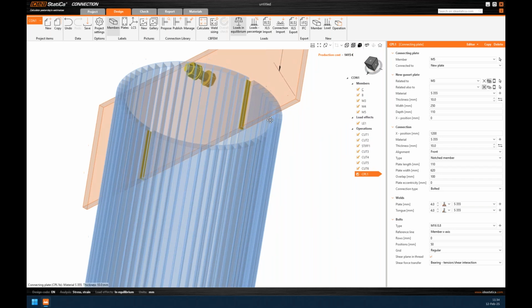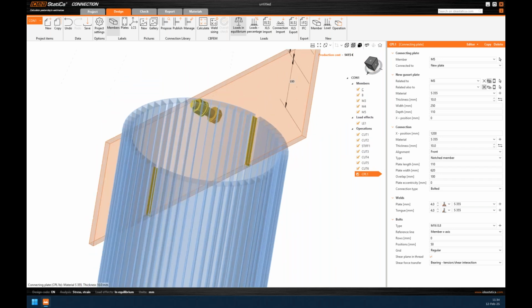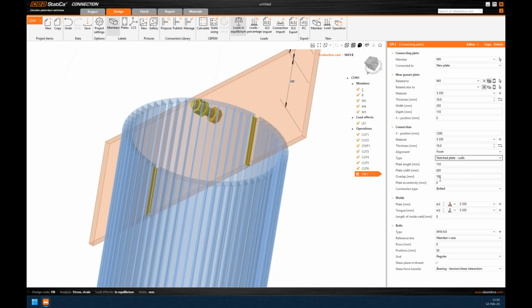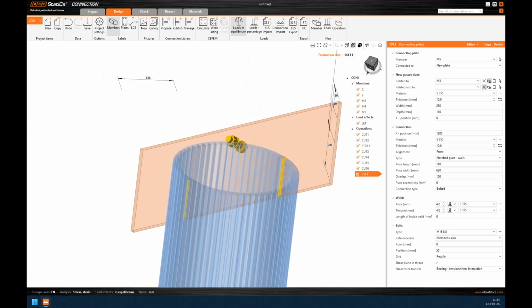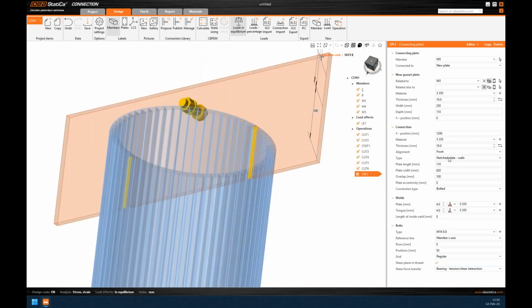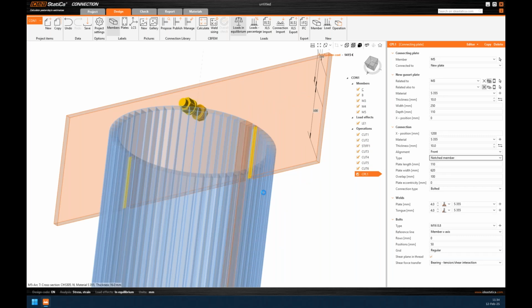Now, if you would like to do it a different way, that you want to rather cut the plate instead of the tube, there is this other option, notched plate walls. So if I do that, you can see the cut changed and now the plate is cut. Right. So that was another tip from my side. And I'll go back to notch member